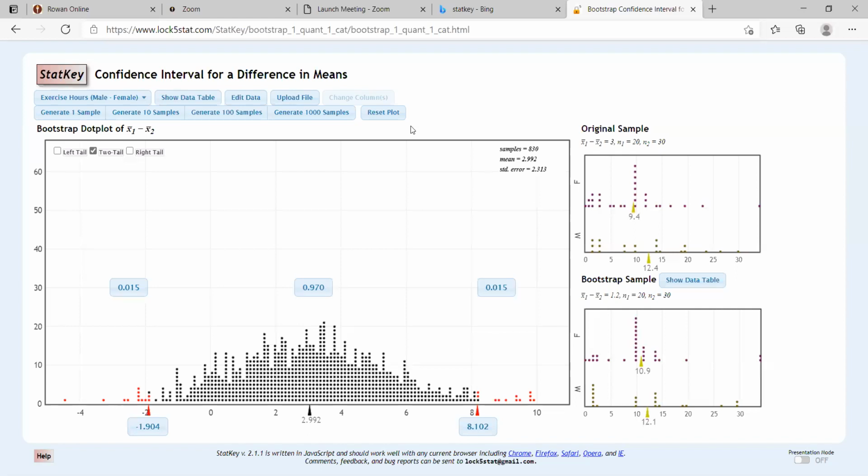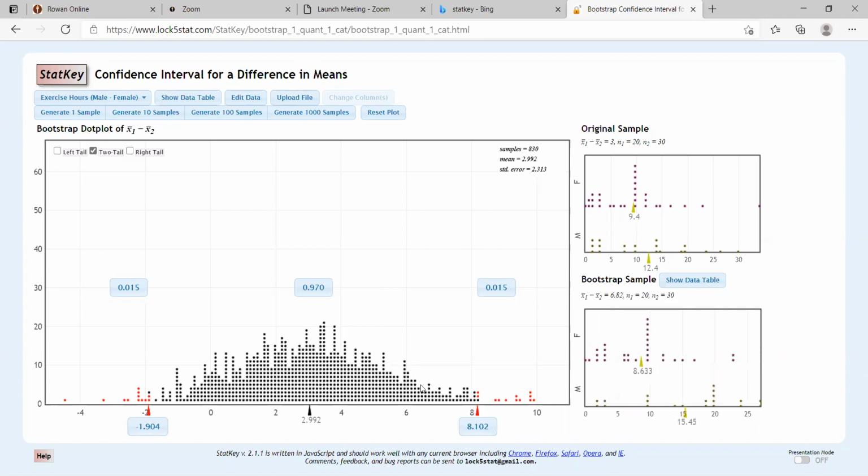And I'm showing you the alternative way. This is the way that the math department wants you to learn how to do it, so you don't have to use formulas. But again, you have to sort of know what this process means, what we're doing here. As a review, one more time, we're taking a sample, and then we're creating bootstrap samples from it using what's called resampling, sampling with replacement. That means that the bootstrap samples will be different from the original sample. And then we create a bunch of them, like 1,000 of them, or in this case, 830 of them, using these buttons up here. Then we click the two-tail button here, and then we change the level of confidence here. We get different